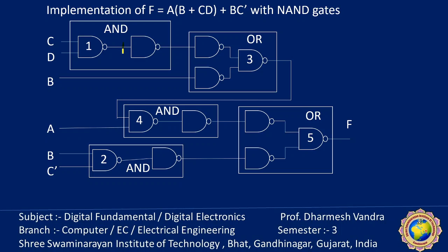Suppose here the input is x. This is x dash, and this will become x. So we can remove these two gates, because their simple function is that we can directly connect